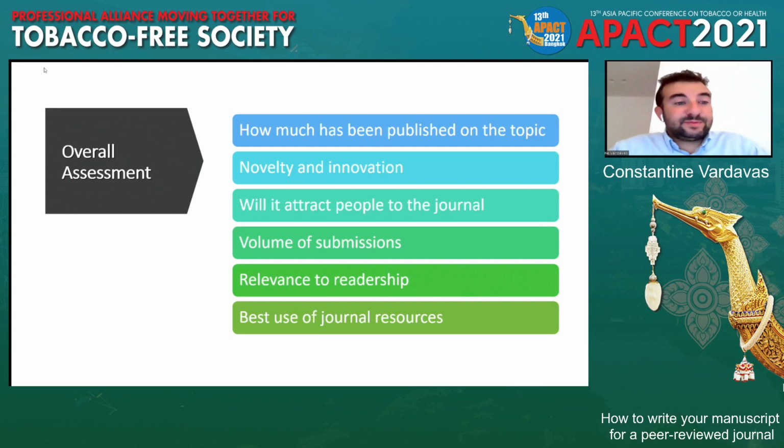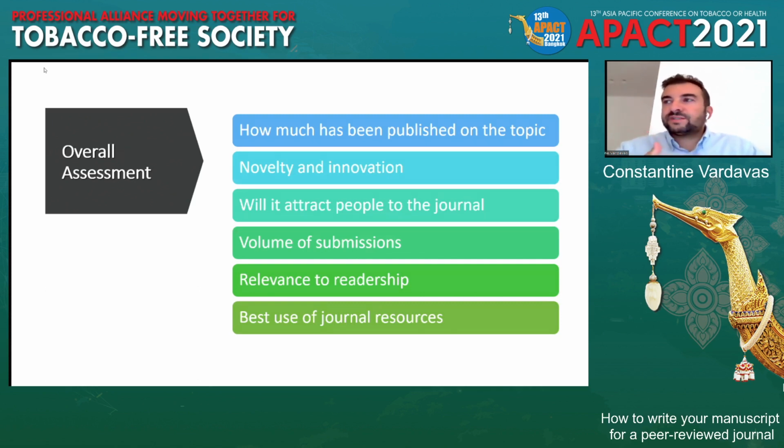And it says how much has been published, what's the novelty and innovation of the study, how novel it is. An important thing from a journal's perspective is, will it attract people to the journal? Will people read the manuscript? And this is one of the differences between the high-impact journals in the field and TID, is that in Tobacco Induced Diseases, there's no, let's say,